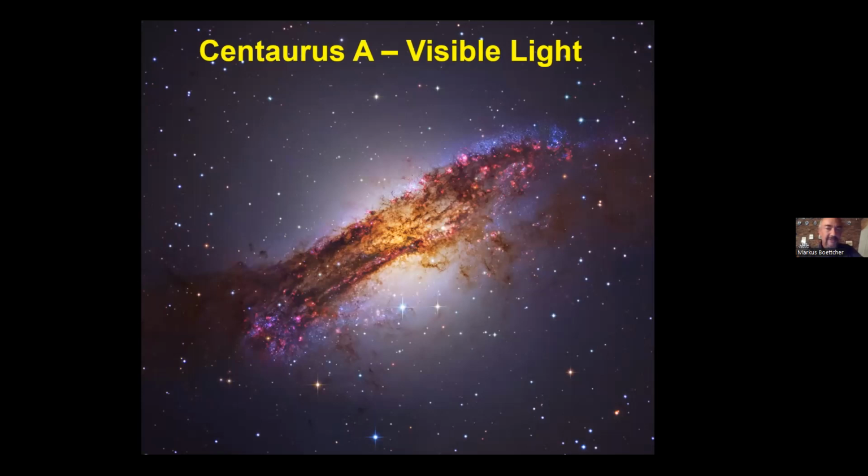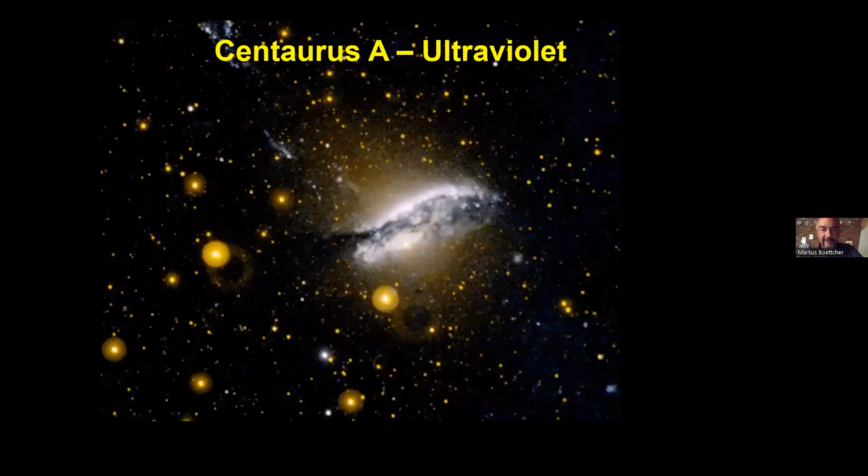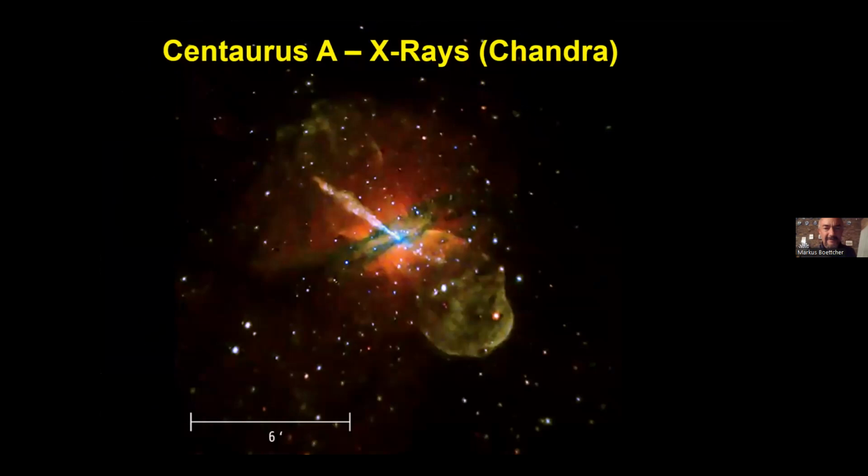If we go towards higher energies, from the visible light to ultraviolet, the picture still looks very similar. In fact, we only see hotter, more massive stars, but also ultraviolet gets absorbed by gas and dust. But if we go to X-rays, again, we see completely different things here. We don't see much from the galaxy in itself. These funny jets show up again. And we see X-rays from very hot, millions of degrees hot gas that has been expelled from the plane of the galaxy, maybe by supernova explosions, or maybe even by this active galactic nucleus that's there in the center.